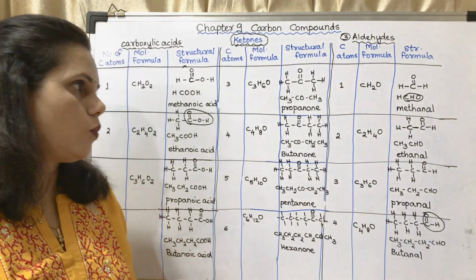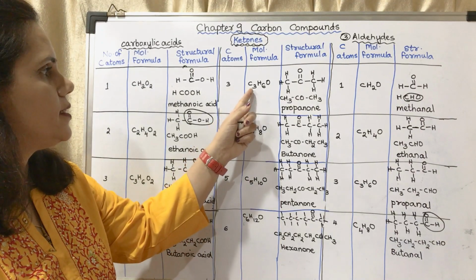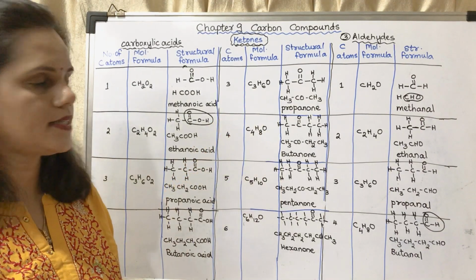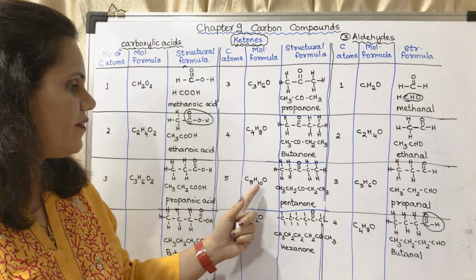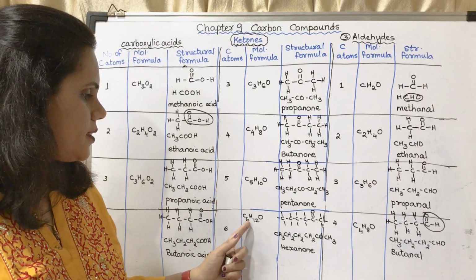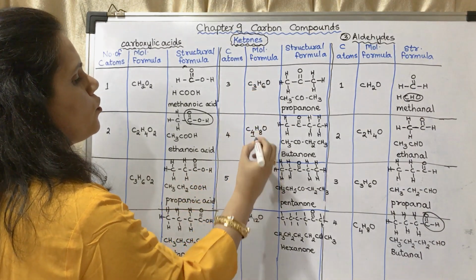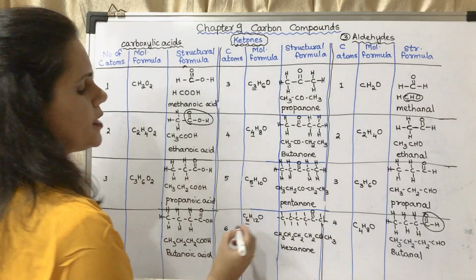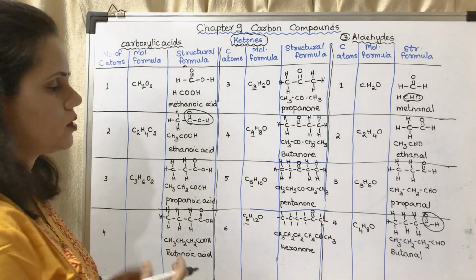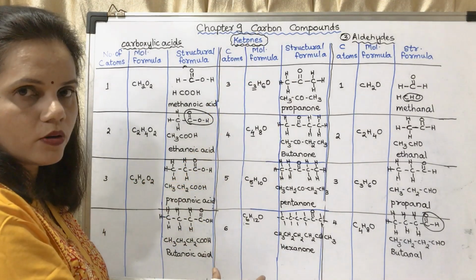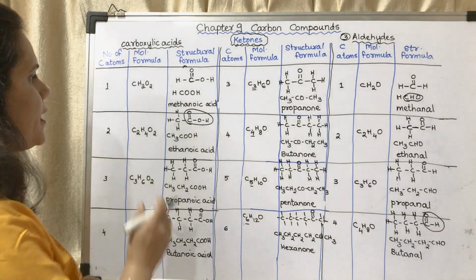Okay. Now one thing you may notice in this series, that this is 3 and this is 6. This is 4 and this is 8. This is 5 and this is 10. This is 6 and this is 12. 3, 4, 5, 6. In every case it is like that. You may check each and every box, okay, for one group. For ketones you may see, for carboxylic acids you may see again.